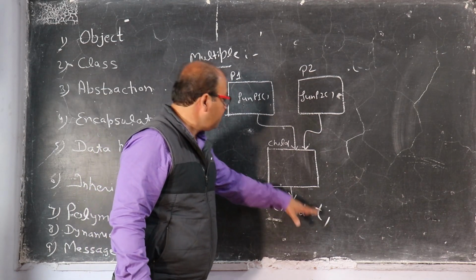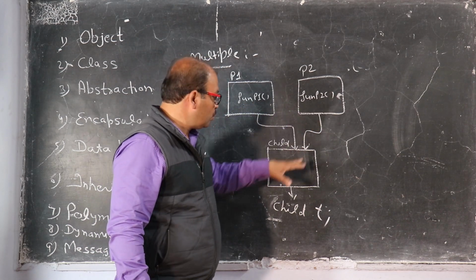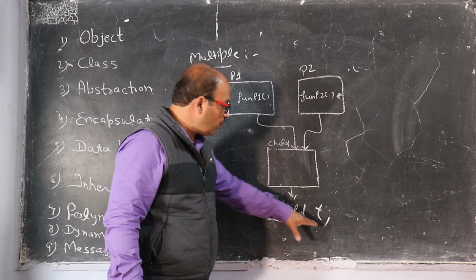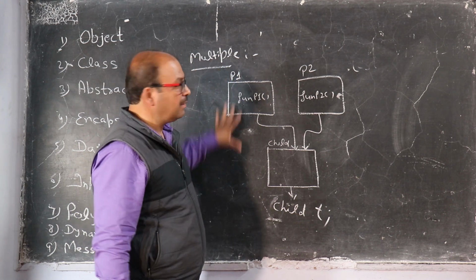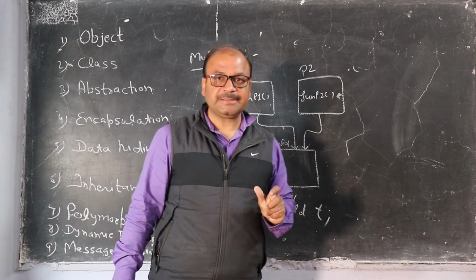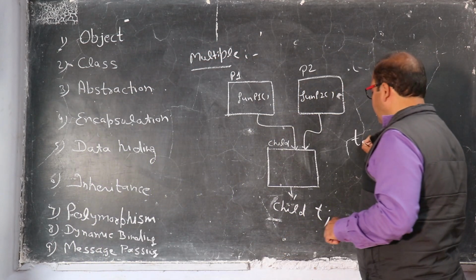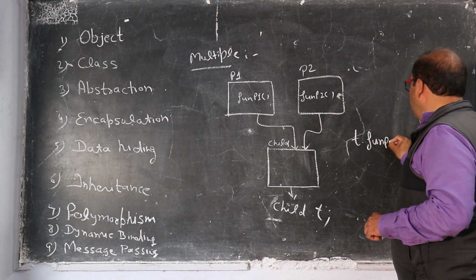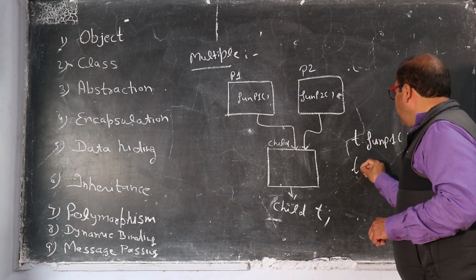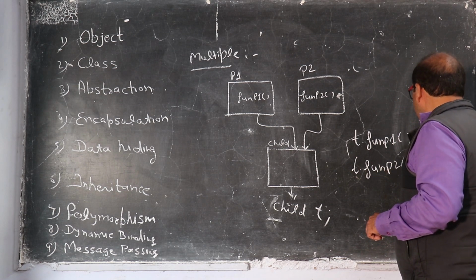If we are accessing function P1 and function P2 through the object of child class, then we can say this is a multiple inheritance. So I can access this like this: T dot